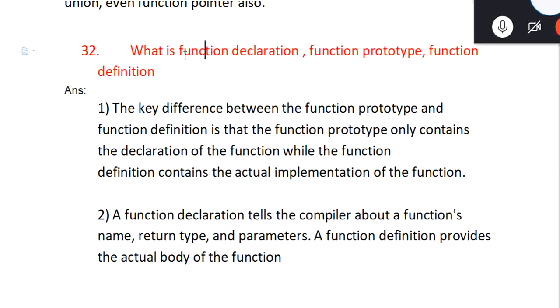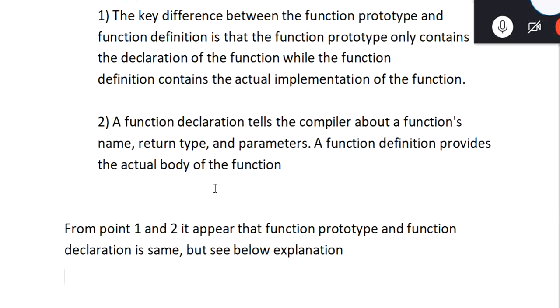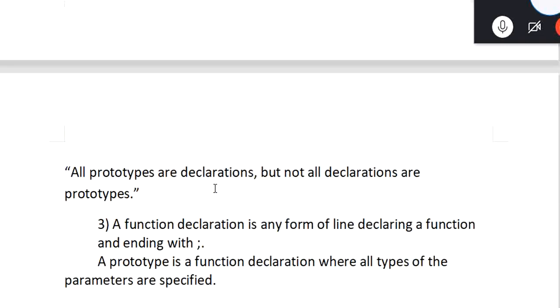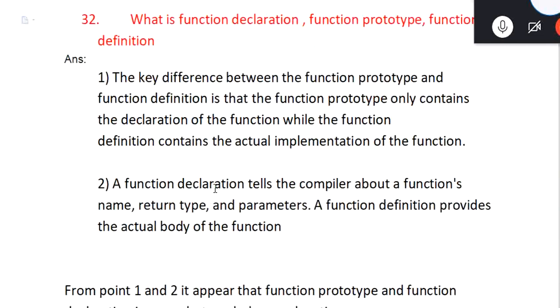So I'll tell you. The question is, in conversation many times we say function prototype, function declaration, function heading, function this. It's not a pretty clear picture to me. I'm not sure about you people, but I was not very clear what these words are and where we use them. So I did some study and found a few things. I got most of the answers from Stack Overflow, where I found proper information.